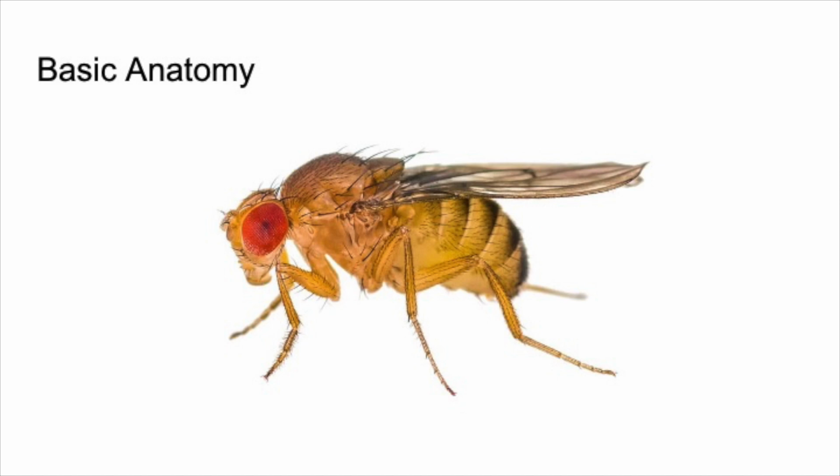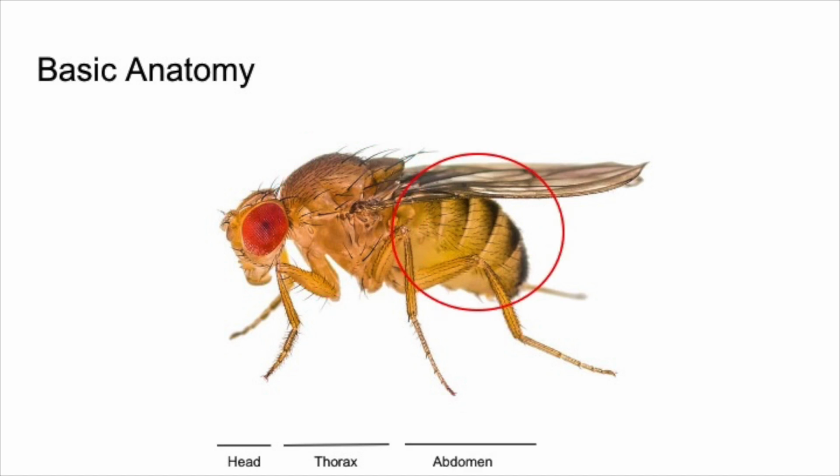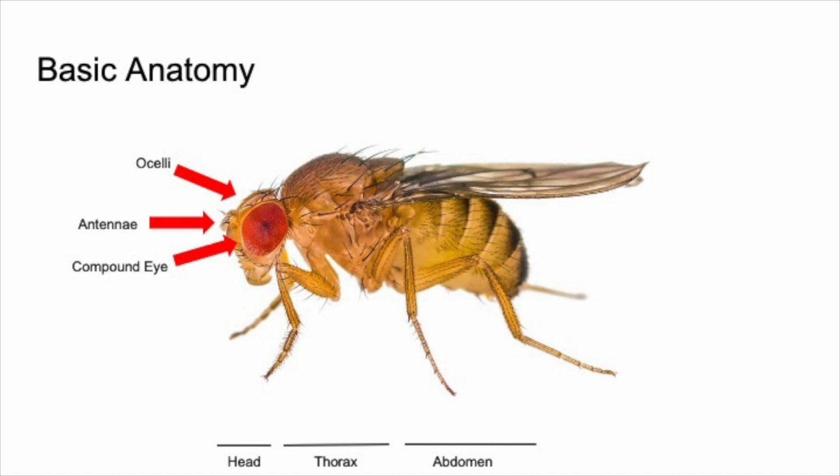Like all insects, they're divided into 3 segments: their head, thorax, and abdomen. If you look at the head, you'll see that they have 5 eyes, 2 large compound eyes, and 3 much smaller, simpler eyes called ocelli, in a triangle on the top of their head. These ocelli are used for sensing changes in light, and the flies use them to navigate in 3 dimensions. The head also contains the antennae, which in fruit flies are quite short and small, as well as the mouth